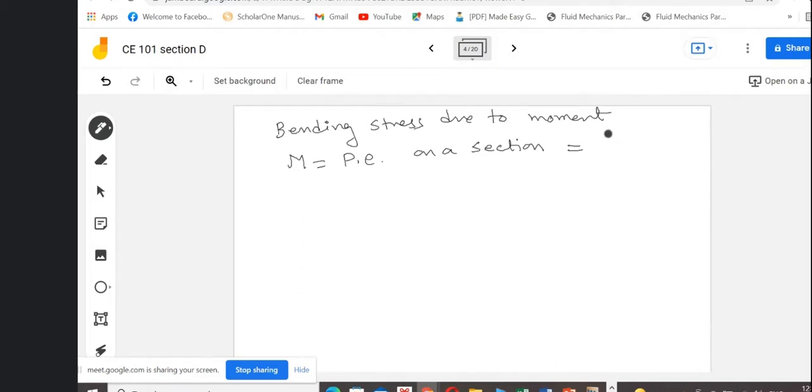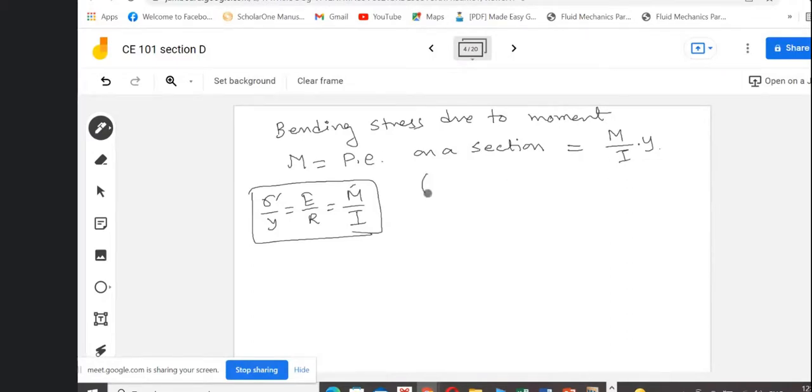If we know the bending moment, you remember this M by I into Y, sigma by Y equal to E by R is equals to M by I. So if we connect this one and this one, the bending stress is M by I into Y,